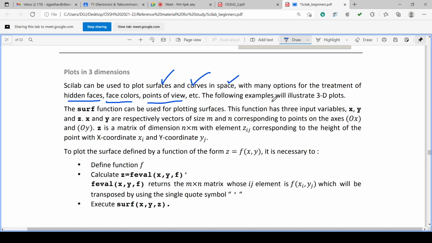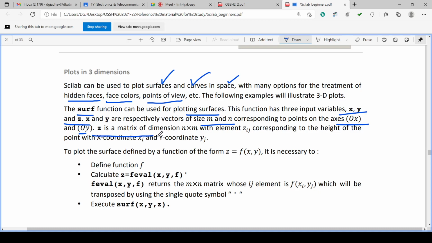The following examples will illustrate the 3D plots. The SURF function can be used for plotting surfaces. The function has three inputs: x, y and z. Obviously, it is a three-dimensional plot, which means it must have three inputs. X and y are vectors of size m and n respectively, corresponding to points on the axes ox and oy.